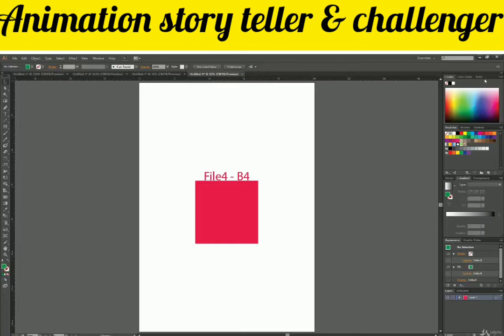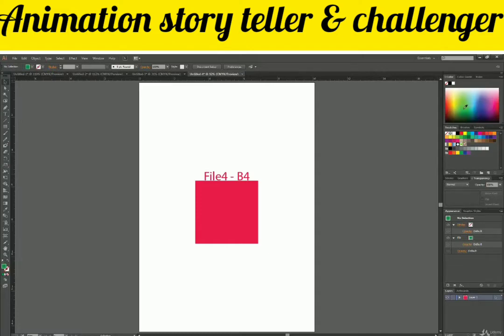So these three panels are grouped together here, these three panels are grouped together here, and stroke, gradients, transparency are grouped together here, appearance and graphic styles are grouped together. Now you can change this entirely. You can change the grouping of panels, what all panels you want to group together, or what all panels you even want to see and what you don't want to see.